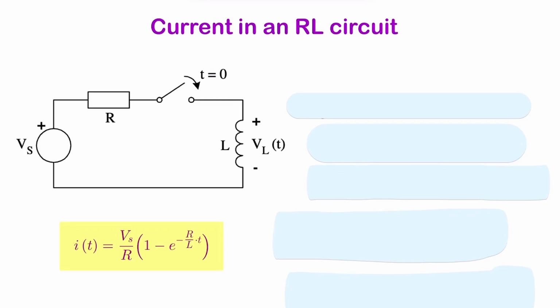Here we're going to look at the current in an RL circuit. That's a circuit where we have a resistor and an inductor in series. And we're going to derive this familiar expression that gives you the rising exponential expression for the current as a function of time. So the important thing to realize is when this switch is closed,